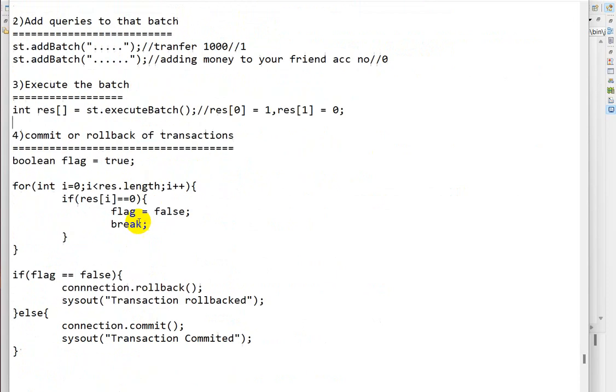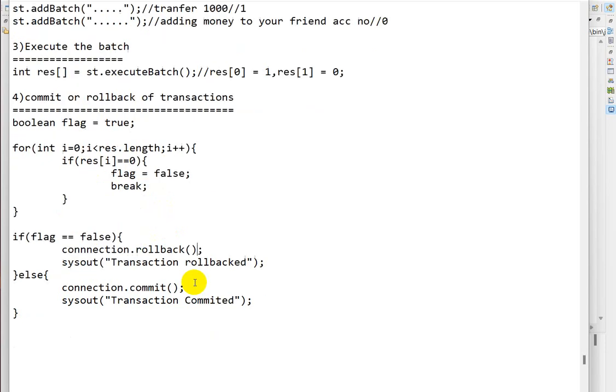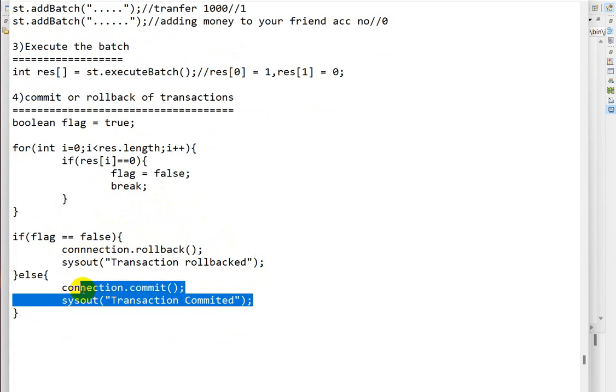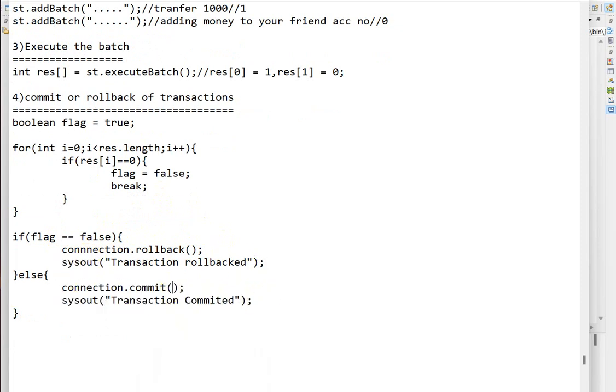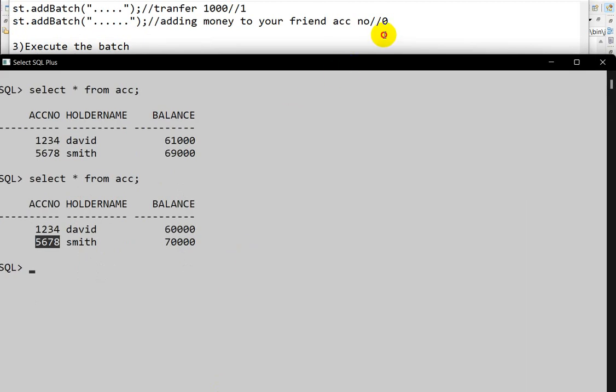Next we check whether both were executed or not. If any one of them is not executed, we set the flag as false, and if the flag equals false, we roll back and the transaction is rolled back. Otherwise we commit and the transaction is committed. So this is the way we can do transaction management.